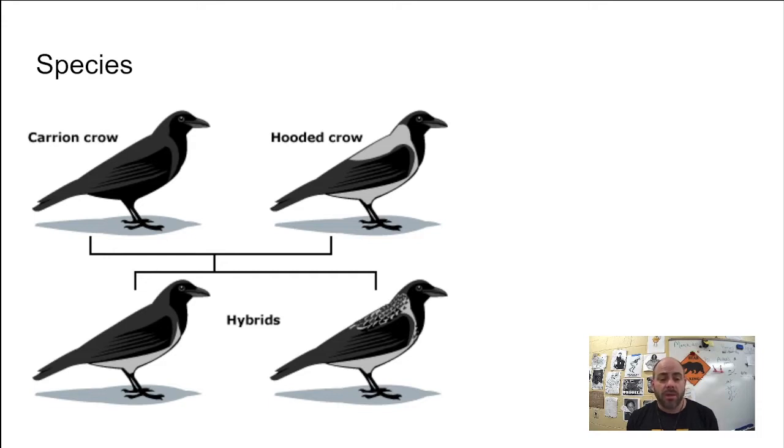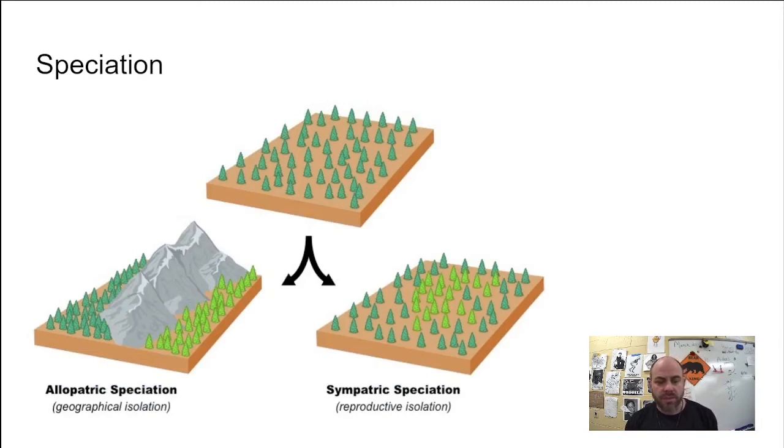That are crows, but they're not able to sustain. And so hooded crows and carrion crows are two separate species because when they get together, they don't make fertile offspring. And so hooded crows stay with hooded crows, carrion crows stay with carrion crows. These two organisms are two separate species. Long ago, they speciated. It's a real word. It's called speciation. Speciation is the creation of a new species.